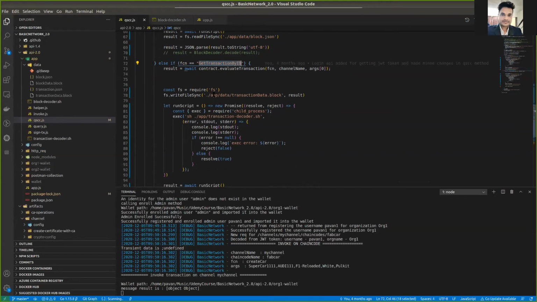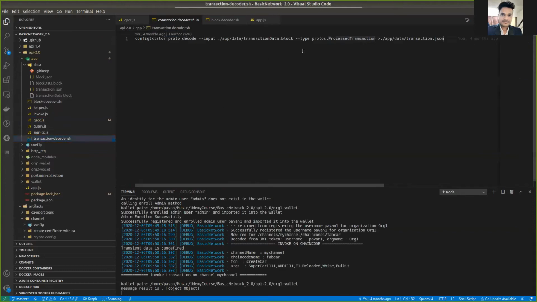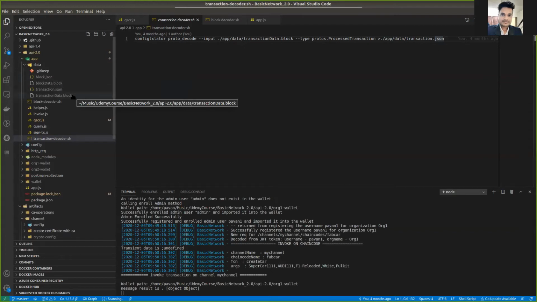The only thing is, when we get a response, we write into the transaction data.block file, and finally we use this script, transaction decoder.sh. So we are decoding this protobuf format transaction data.block into the transaction.json. Previously we did it in block.json, now for the transaction we are converting the protobuf format into the transaction.json. You can see here.